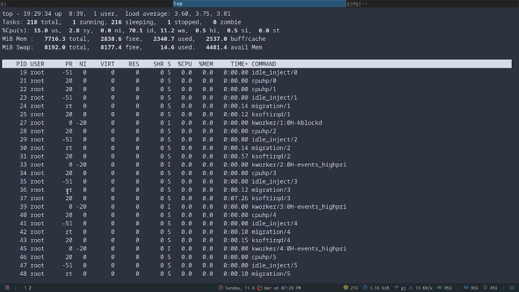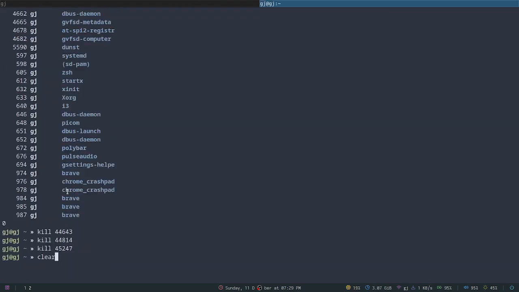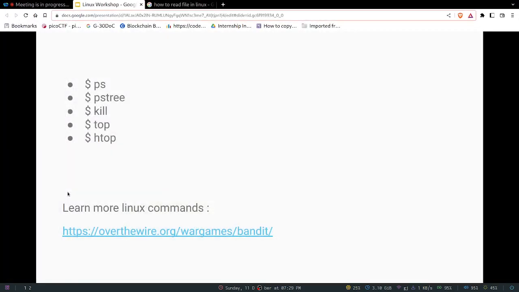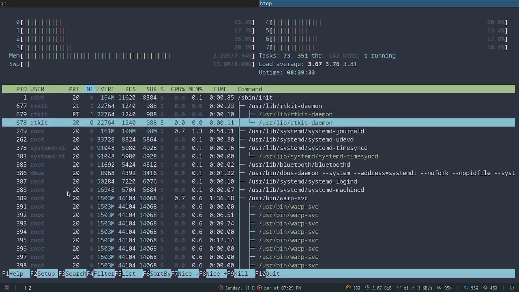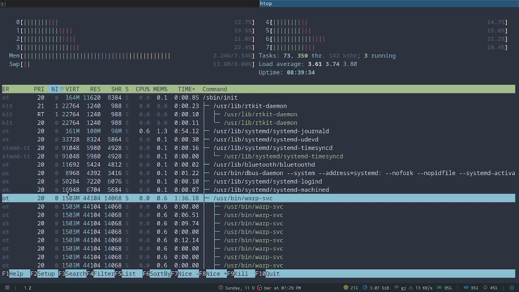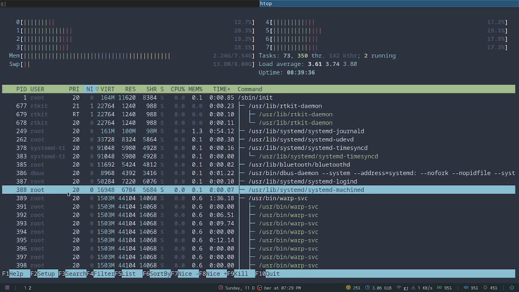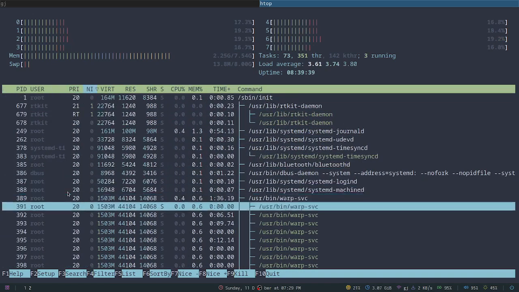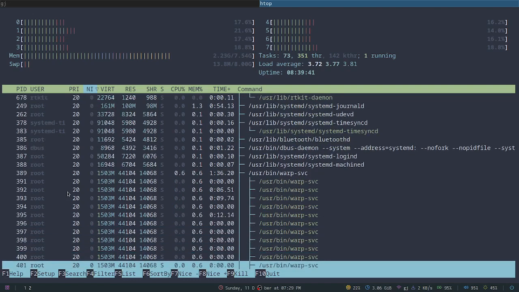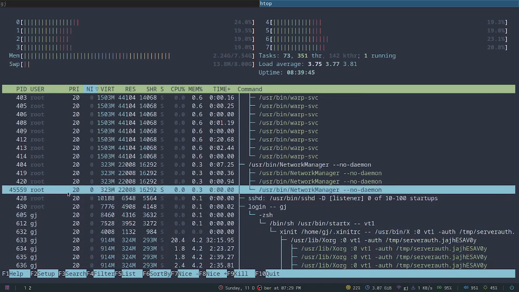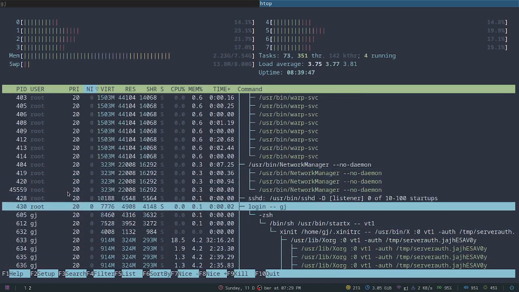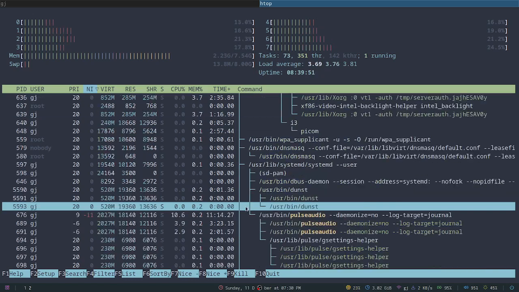Then the user who created it. A modified version of the top command is htop, which displays it nicely, so now I can see it in a tree format. Suppose this was some process, okay, var, so it spawned multiple child processes, and then they might themselves spawn some other processes. Suppose here, if you see in login, this login, it created